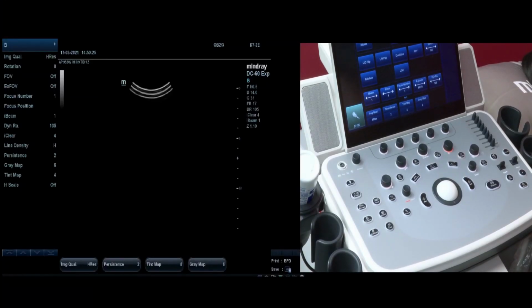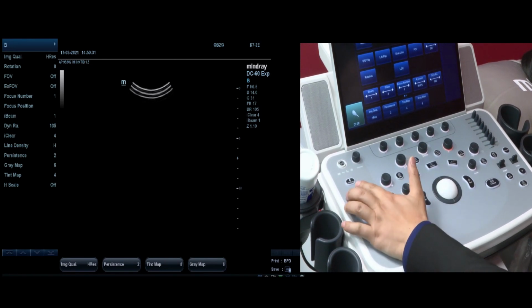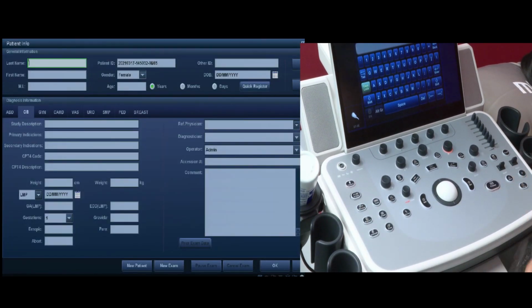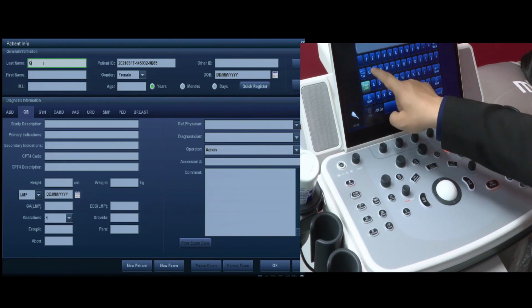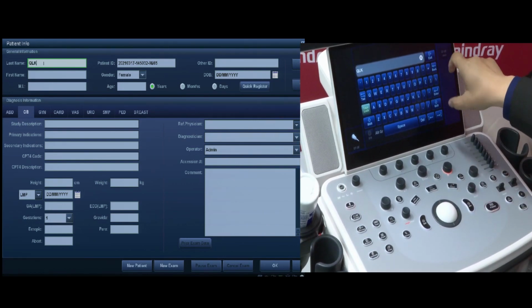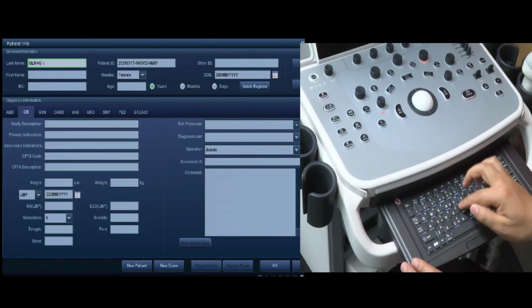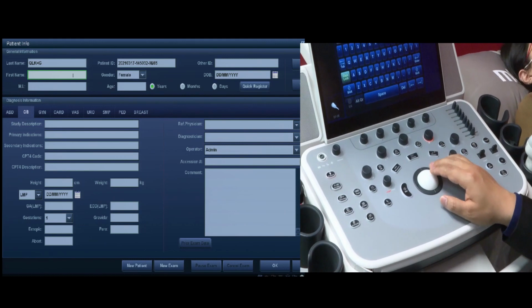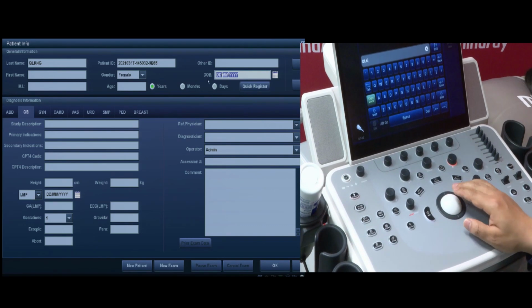So first, before we start scanning the patient, we need to put the patient information into the system. You can see here we have the patient button. You can touch it, and then the system will take you to the patient information screen. Now we can input the patient name. You can input a patient name from the touch screen or the keyboard here. And also you can input some other information of the patient, such as the gender and the date of birth